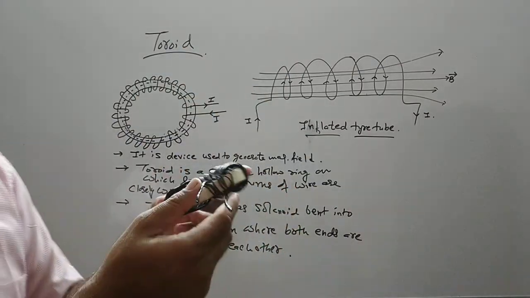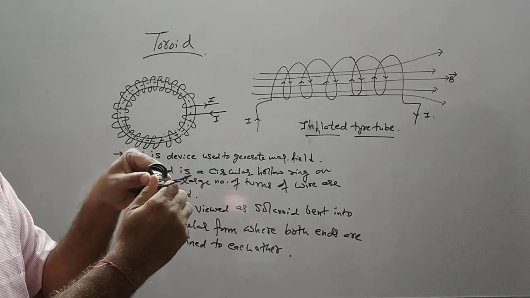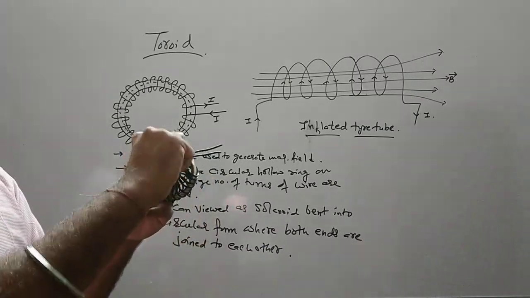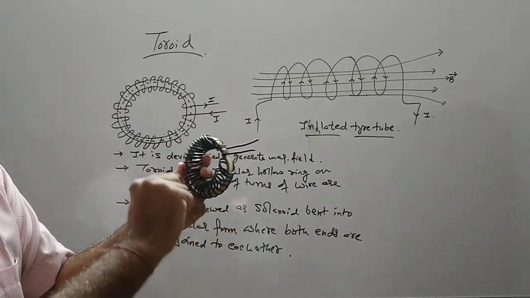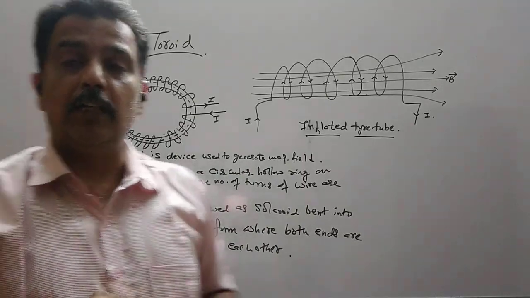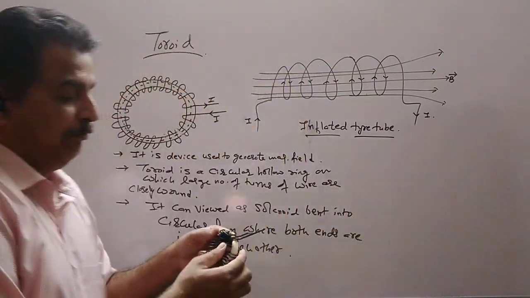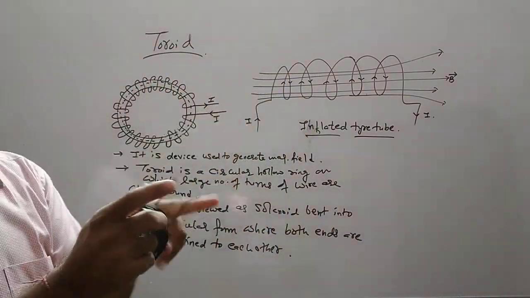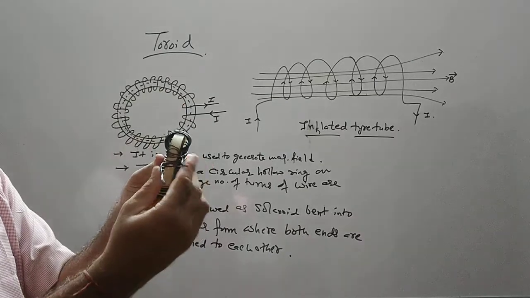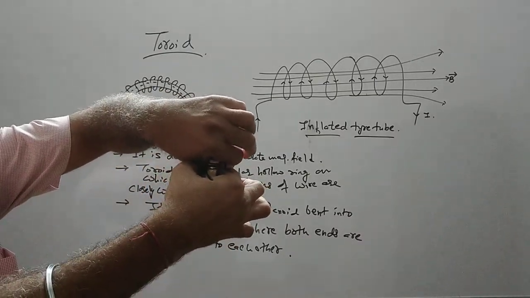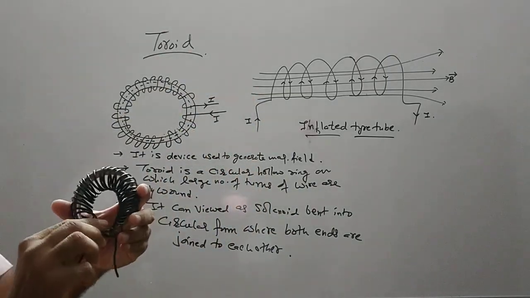So in our case, if I hold this wire like this, this end is a south pole, this is the north pole. Now the magnetic field lines will emerge from this north pole. It will go to south, and inside the field will be from south to north. So again it is like a circular bar magnet, where these two ends are kept very close to each other. Here we have shown a very large gap, but these two ends are close to each other like this. So the geometry should be clear for a toroid.